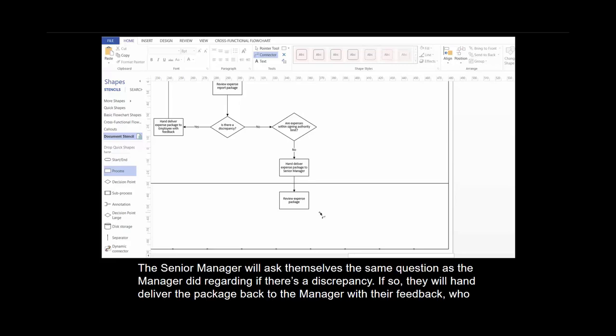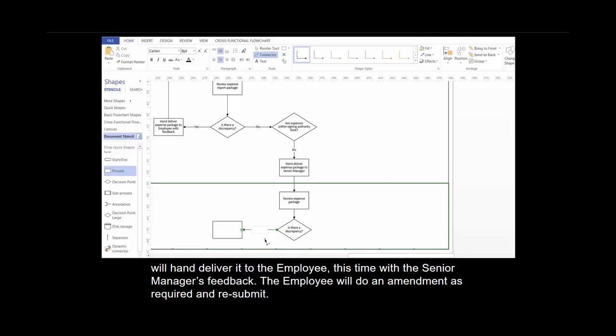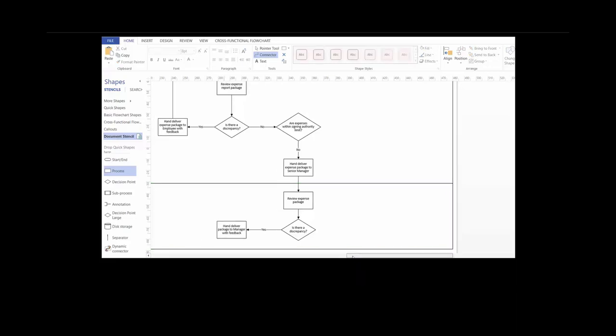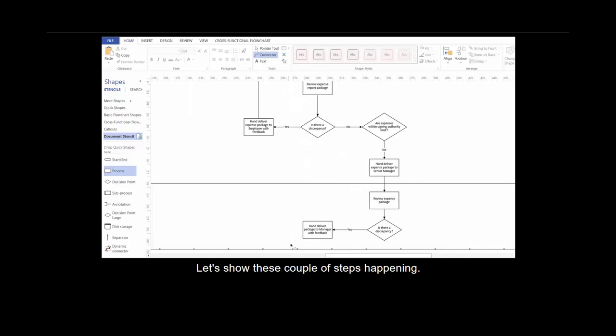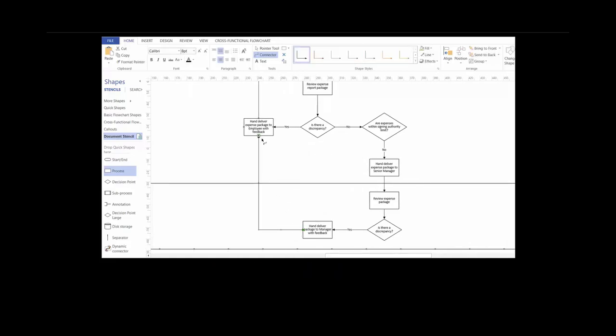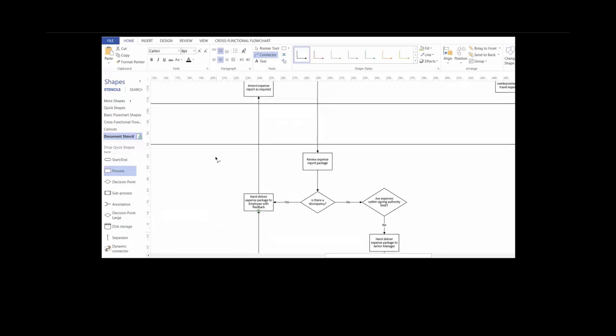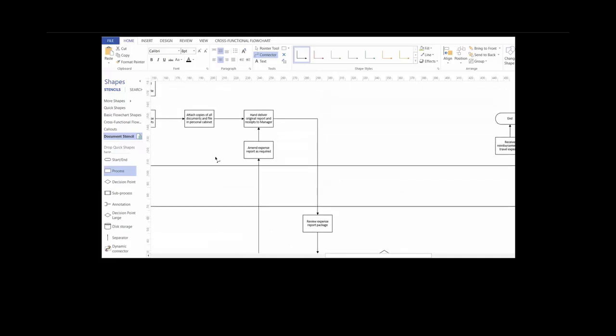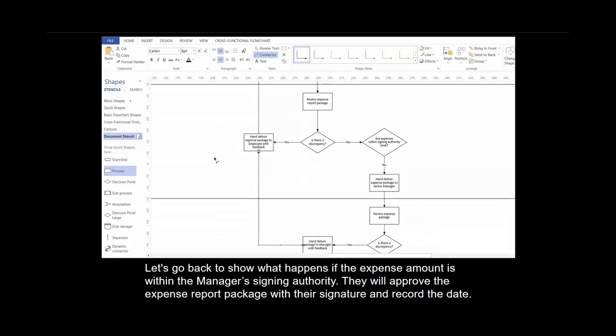The senior manager will ask themselves the same question as the manager did regarding if there's a discrepancy. If so, they will hand-deliver the package back to the manager with their feedback, who will hand-deliver it to the employee, this time with the senior manager's feedback. The employee will do an amendment as required and resubmit. Let's show these couple of steps happening. Let's go back to show what